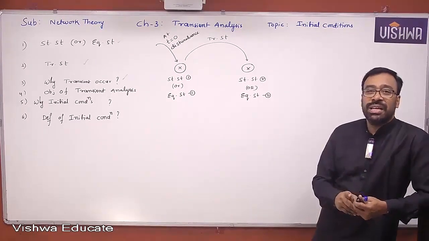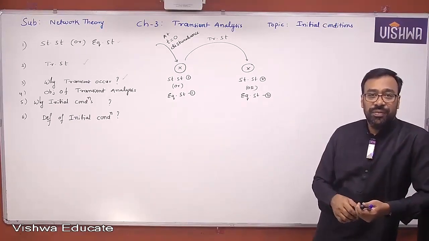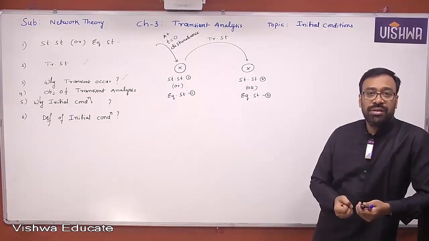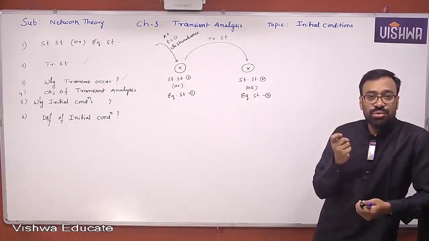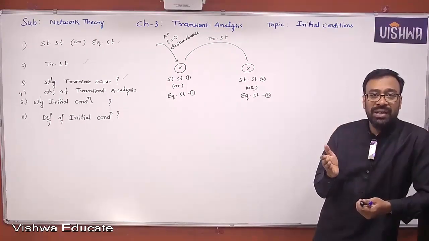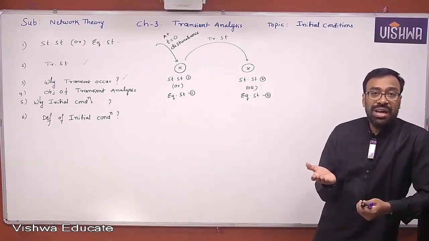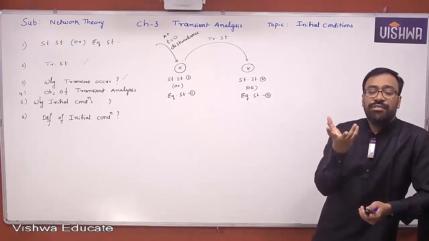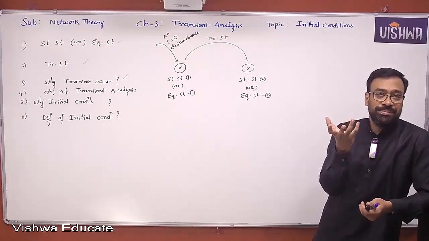A fan is rotating with 1000 RPM speed. If you turn off the fan suddenly, if you withdraw the input given to the fan, then what will happen? It will come to 0 speed. But does it reach 0 speed in 0 time? No, 1000 RPM to 0 RPM, it may not reach in 0 time. The reason is the fan is also offering a certain amount of inertia. Yes or no, all of you?